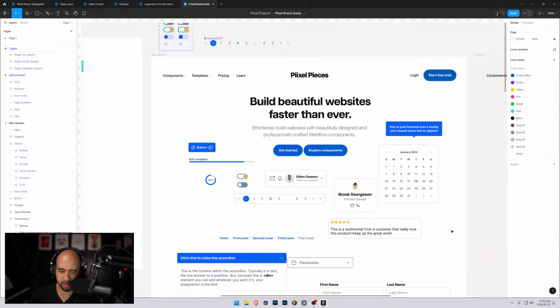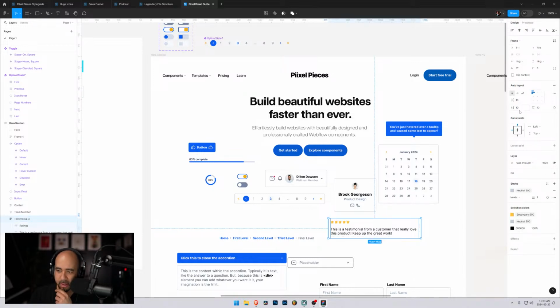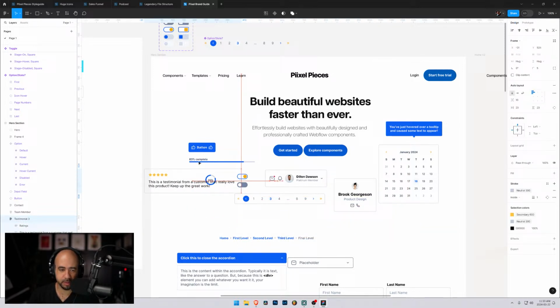Ooh, yeah, that doesn't look that great. Maybe it's just even a spacing thing here. Yeah, this one's not too hot, but